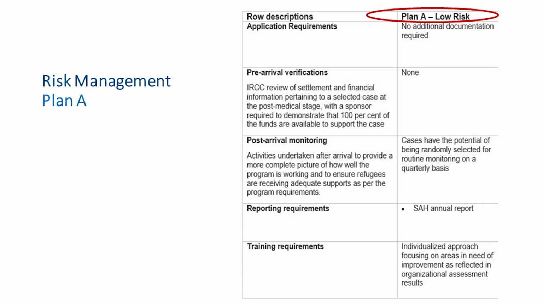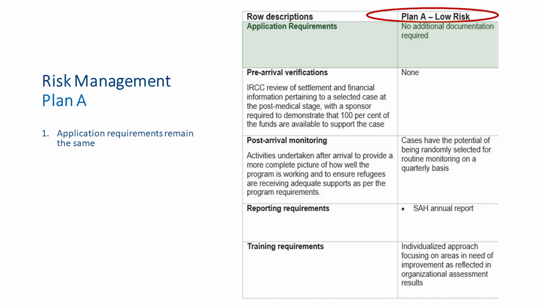The good news is it's, for the most part, business as usual for all SARs in risk management plan A. If you look at the 5 components, you'll see that there are very minimal changes compared to what you're doing now. In terms of the application requirements for SARs in risk management plan A, there are no additional documents that need to be submitted. Whatever documents and forms you're submitting now will carry on as normal, with the exception of the new forms and guides that will be published on the ISCC website on November 1st.